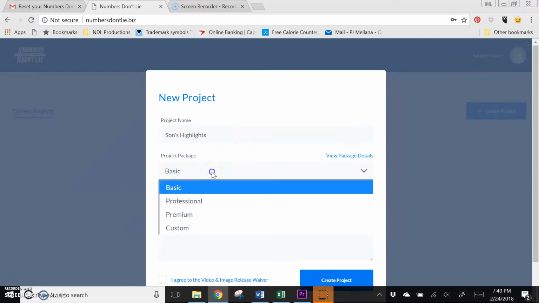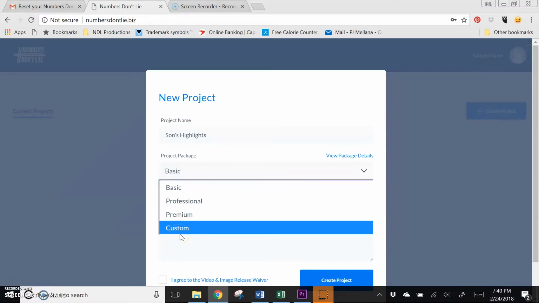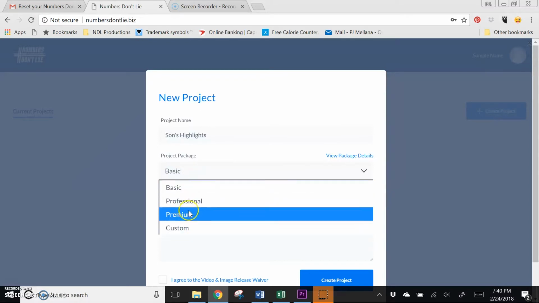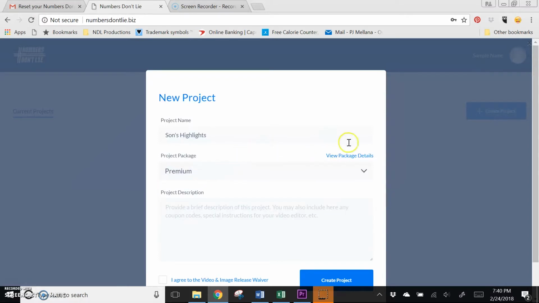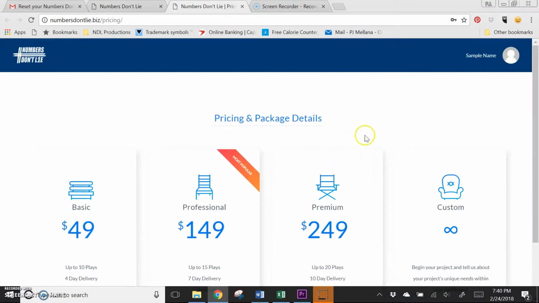And here you can choose what type of package you want. If you're unsure, always choose the custom package and just put as many detailed notes as you can within the project. We're going to go with a premium project. There's an option here where you can click, and when you click that, it tells you what you get in each of the